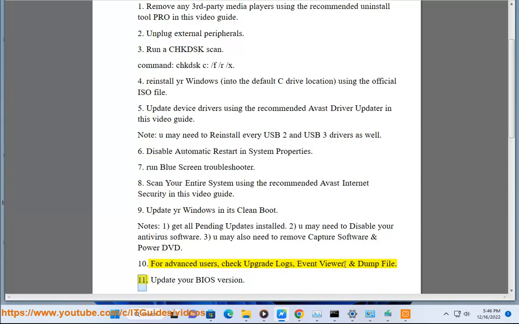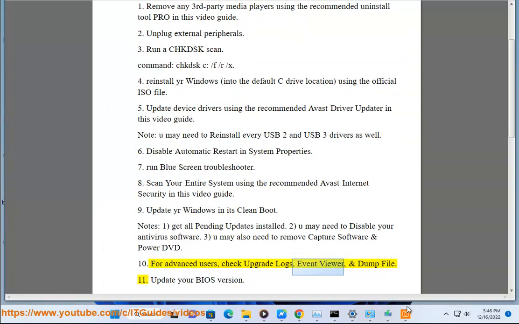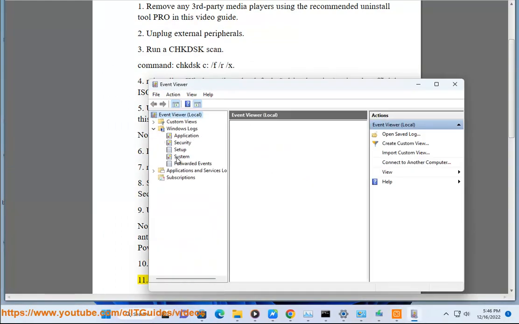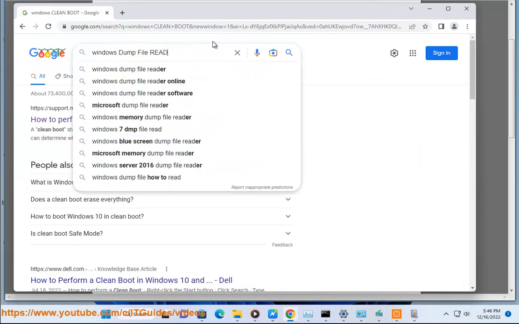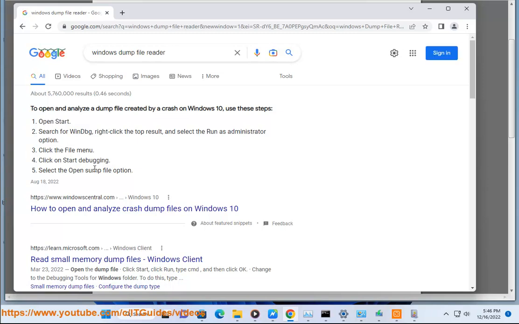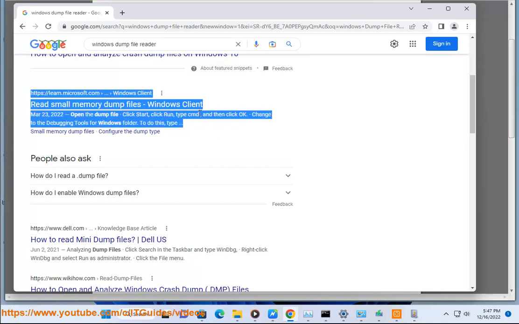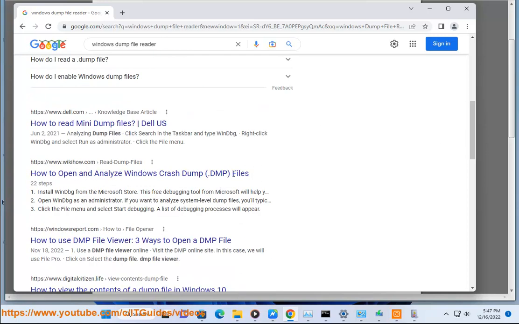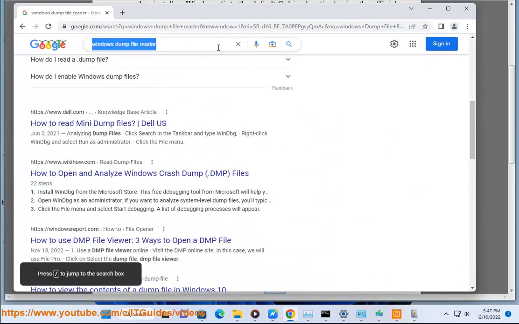11. Update your BIOS version. 12. Deploy SFC and DISM scans as admin. Commands include